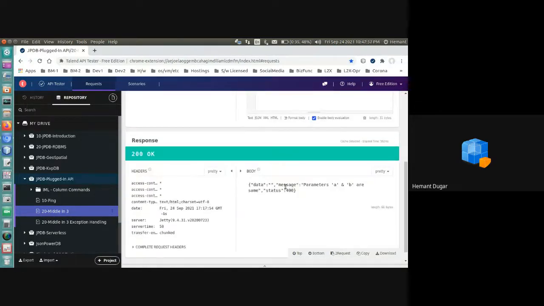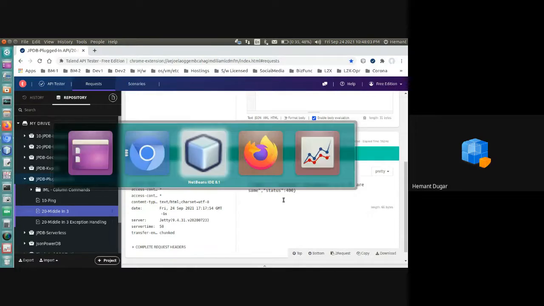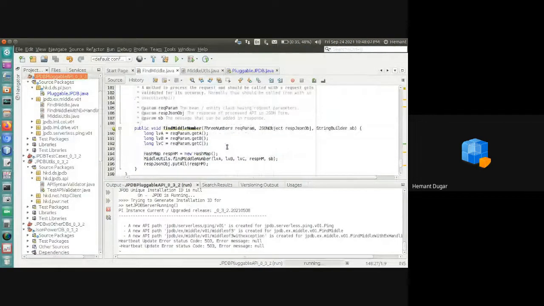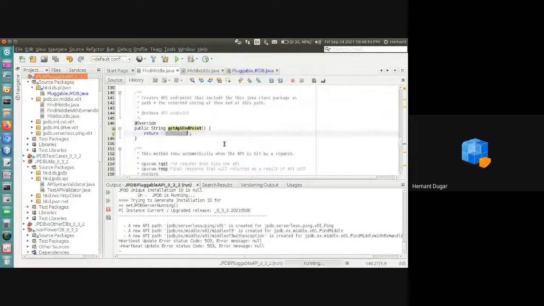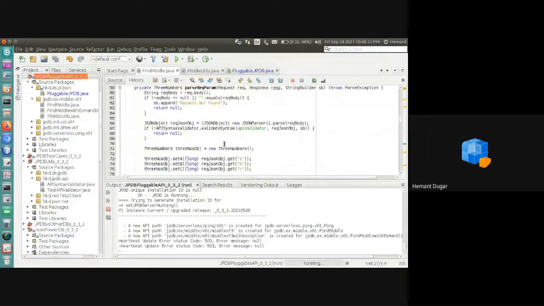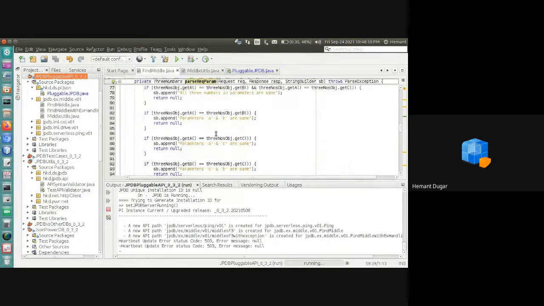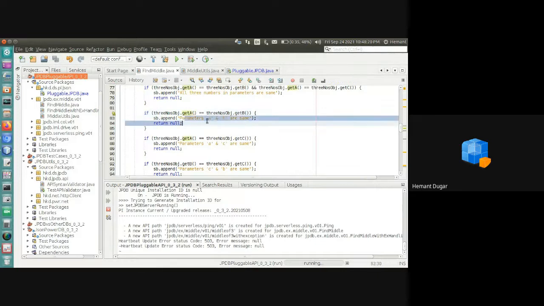See, parameter A and B are same, status 400. And it's there in the code. In parsing, this method parse. And if you see, A and B are same. This one, parameter A and B are same and return null.